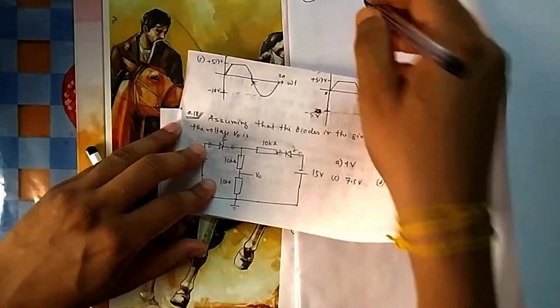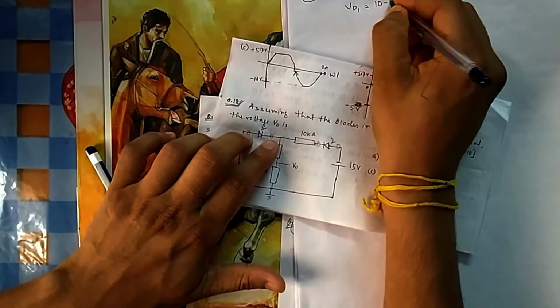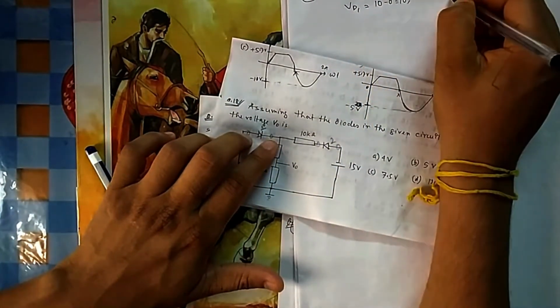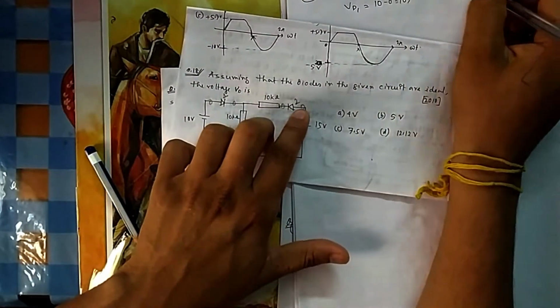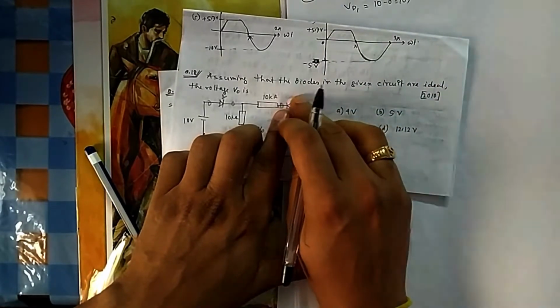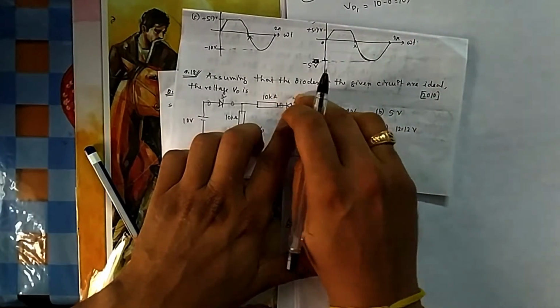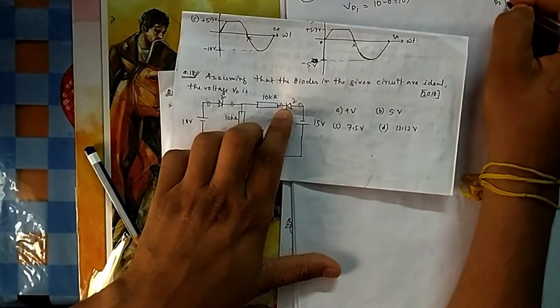Why D1 is on? Because for the voltage across VD1, in the first impression, this side is 10, this side is 0, so 10 minus 0, 10 volt. And what is the voltage at D2? What is your first impression? This side is minus 15 and then minus 0, because in a diode I always told you, this side I will take plus, this side the diode voltage is always this minus this. So minus 15 minus 0, so this is minus 15, so D2 is off.